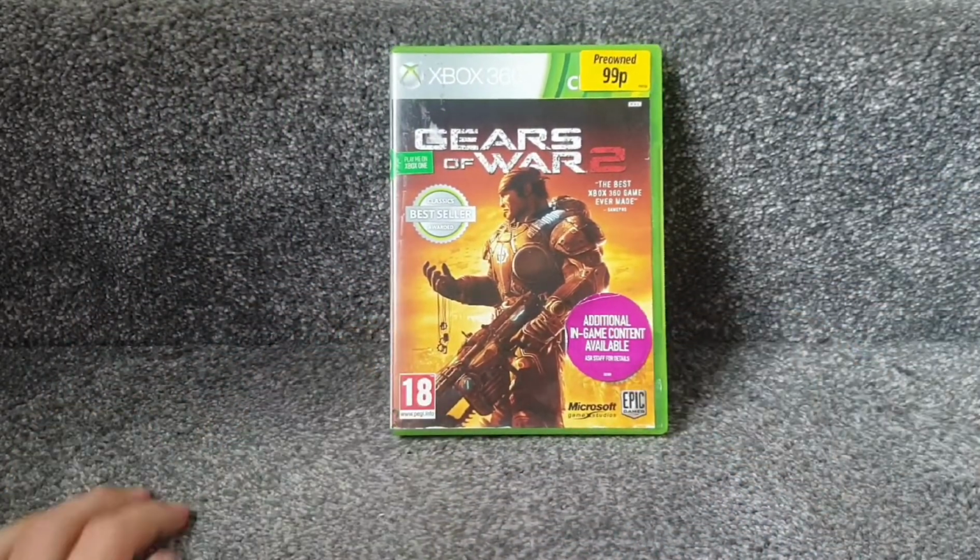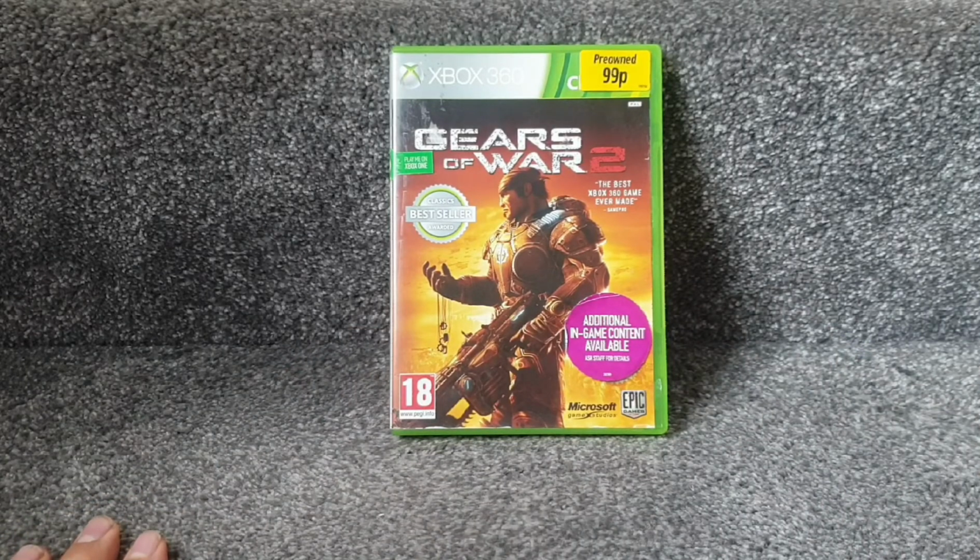5 if you count the double pack with Gears of War 1. So that was a trip to Harlow. None of the charity shops actually turned out anything, and that was all that I left with of quality that day. So then it was another trip to Bishop Stortford a week later on my next batch of days off from work,